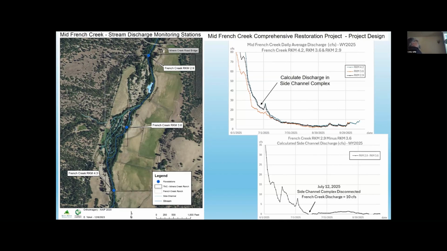And then we're able to give that empirical data to the designers for this project to utilize, we hope, accurate empirical discharge data to help design features that will mimic those existing features that are supporting